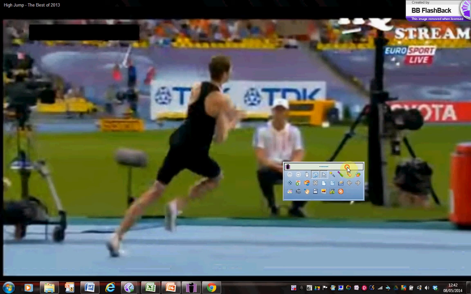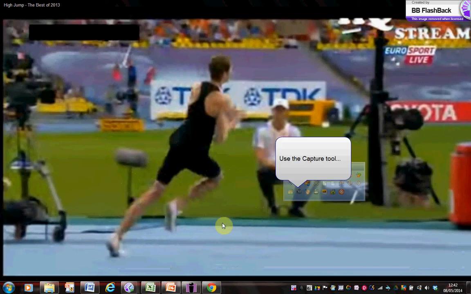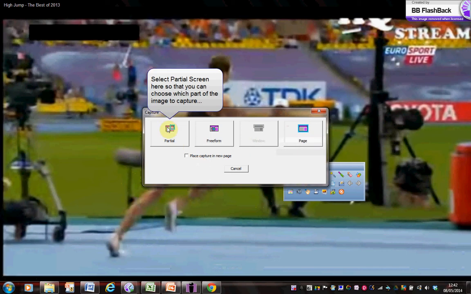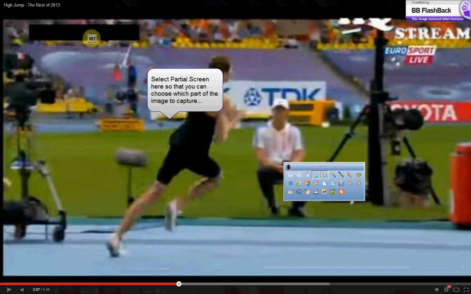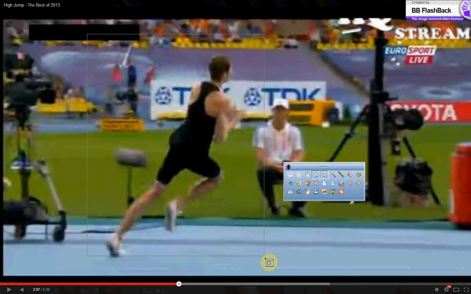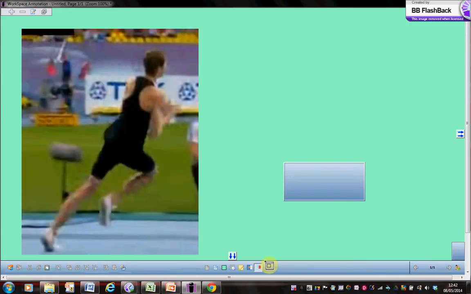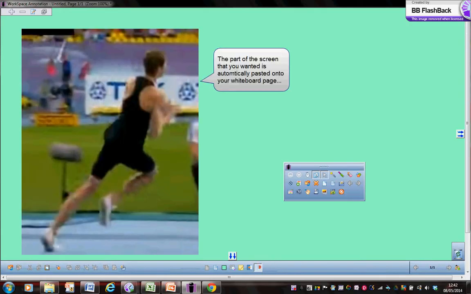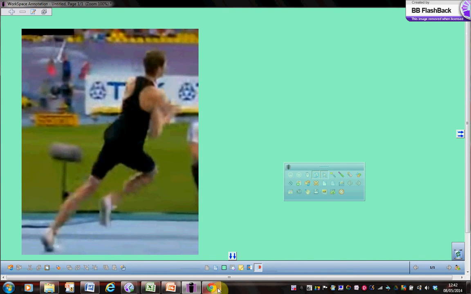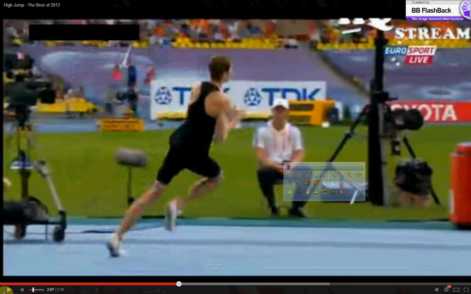So with the video here, I've paused the video so I've got a still of it, and then I'm going to just grab my capture tool, say I'd like a partial screen please, and what I can do then is just grab that part of the picture, and you'll see it will automatically put the picture in there for you. I'm going to go back to that page and I'm going to play it again,